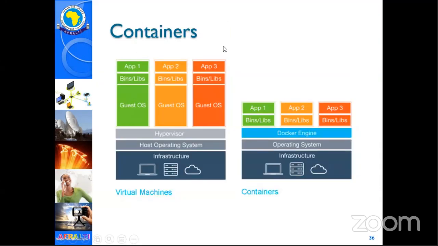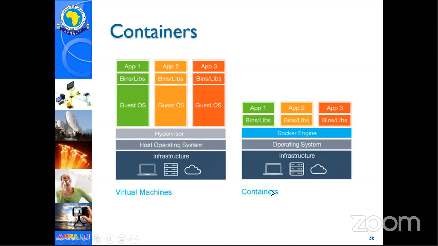And in that instance, you might need another software that will help you manage these containers, and that is called container orchestration. I'll cover that later. But this diagram here clearly shows the difference between running a virtual machine, like the machine that we set up in Amazon. We'll run the machine with the operating system, and then we'll put our apps there to run.